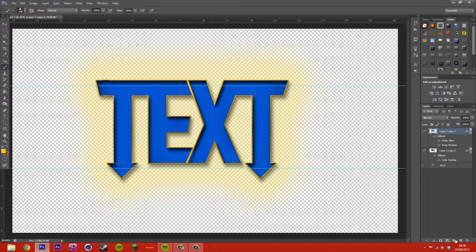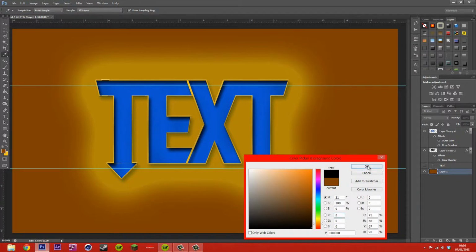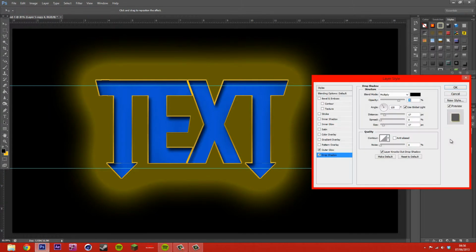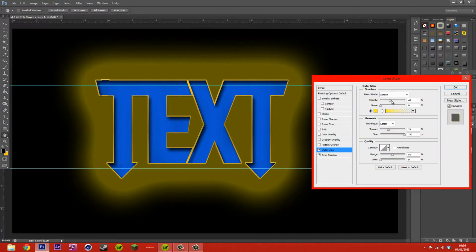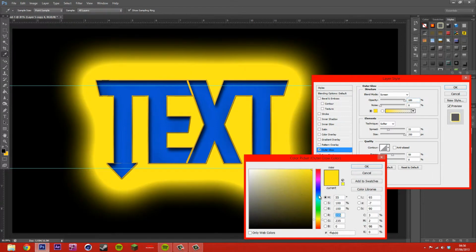So if I were to put a nice little background on this, let's just say I did, whatever this colour is. So yeah, you can sort of see the idea of it. Black's probably better, so just let me do a black, and then you can see the idea of it and how everything combines. And if you want to up your outer glow, you can. And boom! Or you can play it with a nice light blue,